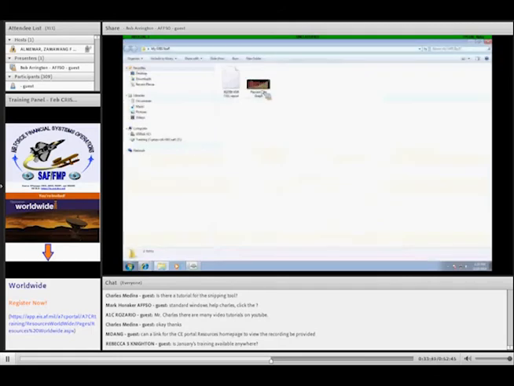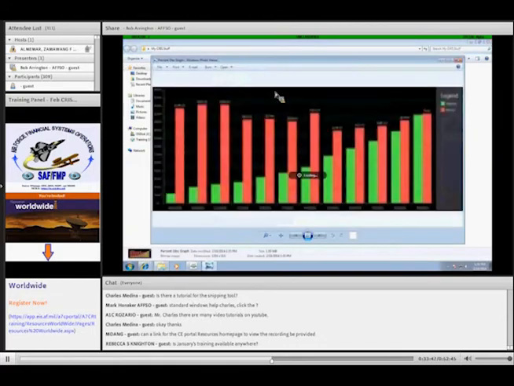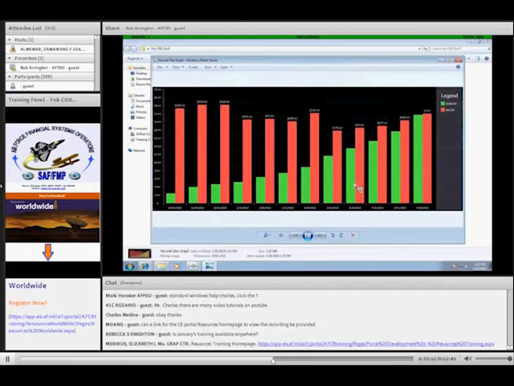There's a little representation of my graph. I can right-click and preview it and bring that up on the screen. Now I'm just looking at a picture of it. I could easily drop this in a PowerPoint presentation or a Word document or anything like that where a graph might be needed.